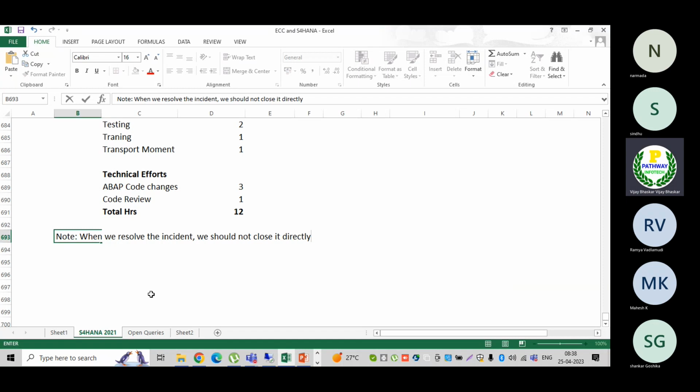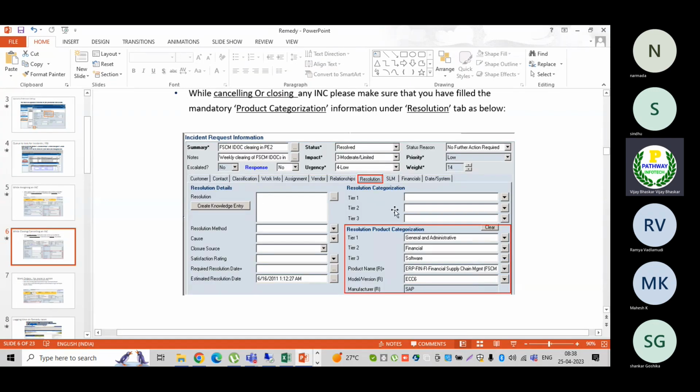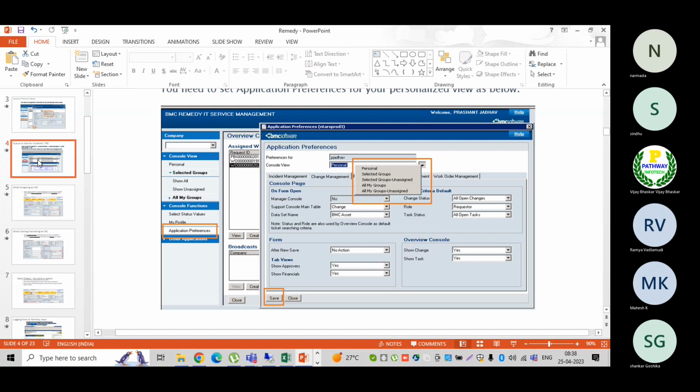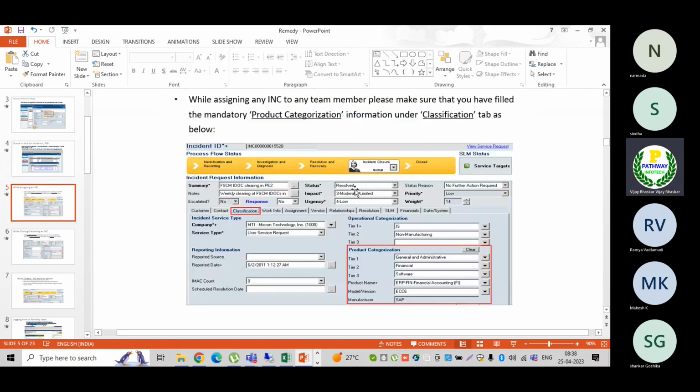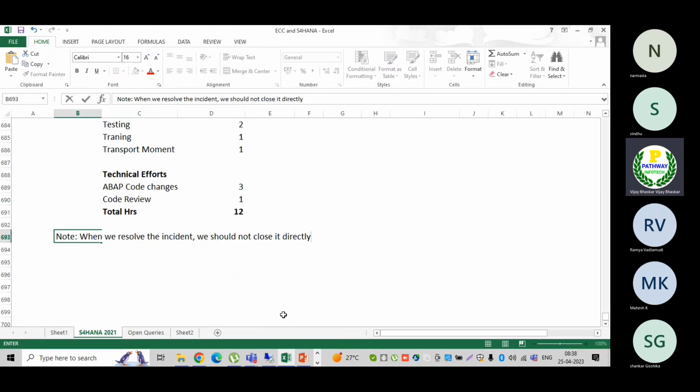In any incident tracking tool, the status can be changed from work in progress, through resolution, to closed, but we should not close it directly. The reason is that sometimes a user feels that the incident has not been